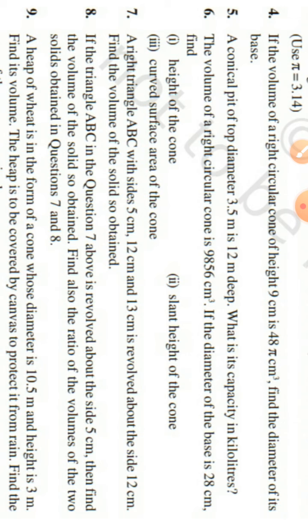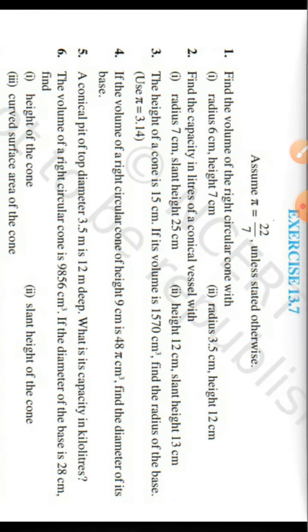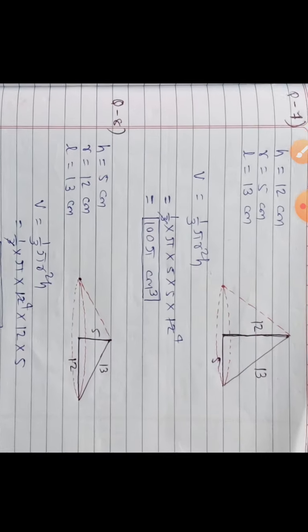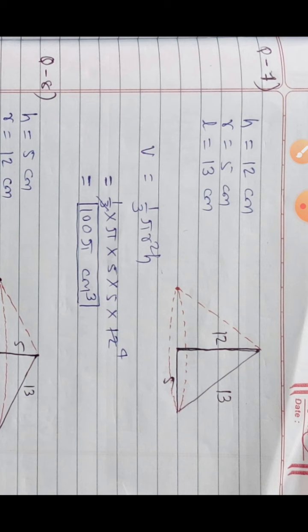So the sides of the triangle are 5, 12 and 13. You can understand from the figure. I have drawn that figure also. You can see the triangle is drawn there, and the missing part is drawn with red ink. Now look, if you rotate this triangle very fast, one imaginary shape is formed, and that will be a cone.